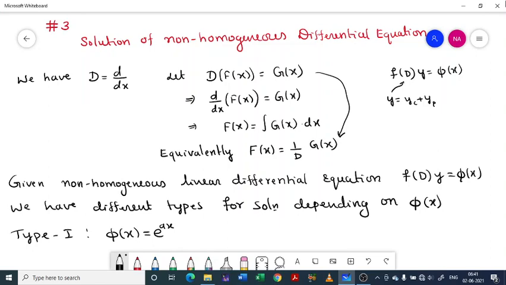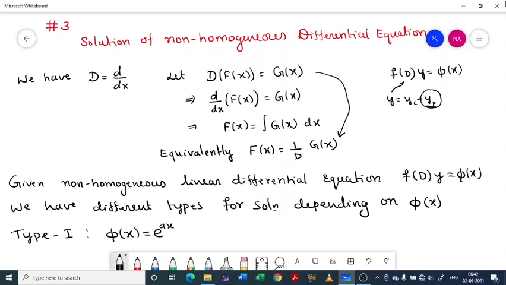As I said in the first class, yc is the complementary add-on. But what we mainly concentrate on for these non-homogeneous equations is this one, yp. This is our main target actually. Finding yp is our target. Before going to that,